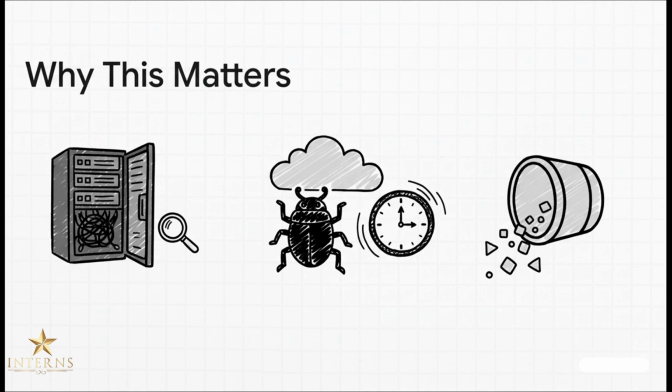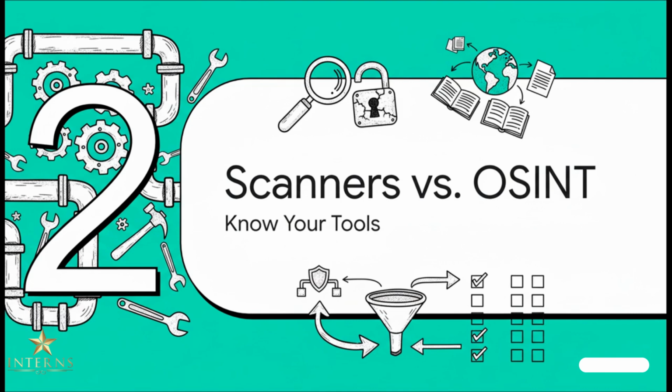We're talking about finding that forgotten admin panel that someone left wide open to the internet. Or, finding a massive flaw like Log4Shell in a few hours instead of days. That kind of speed is literally the difference between being safe and being on the news. Now, to build this pipeline, you need the right tools. And to pick the right tools, you first have to understand the two main ways you can even look for